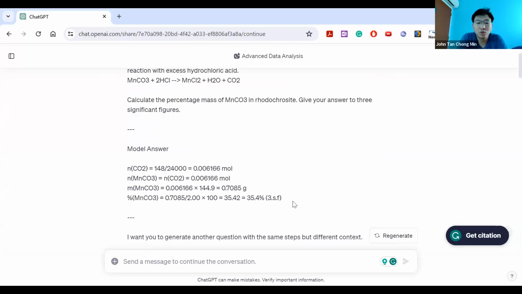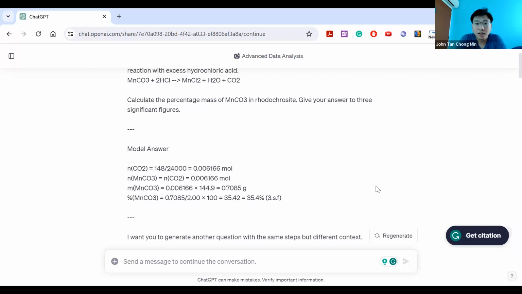So there's no indication of how many marks are allocated, right? It's just what are the things to look out for in your answer. For now, this is what I'm interested in. Of course, to give it marks is not too difficult, I just have to tag it. For example, this is 1 mark, this is 1 mark, and then the final answer is 1 mark, and then I ask it to help generate for me.